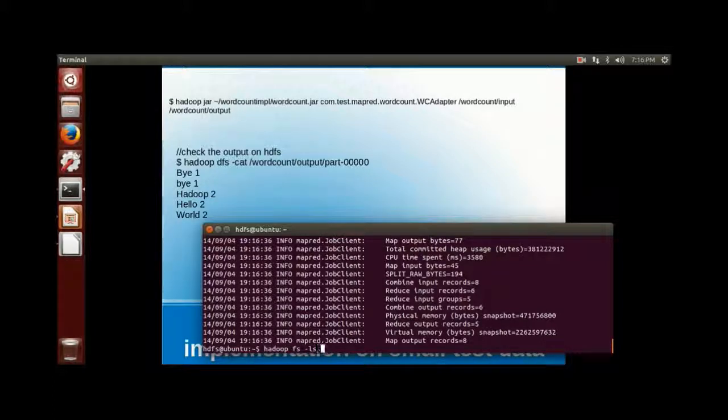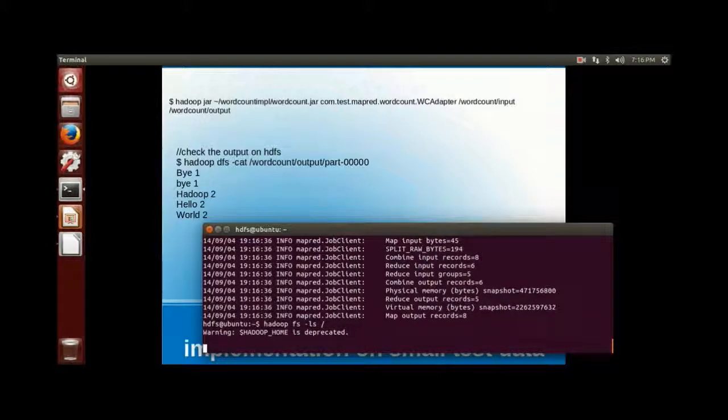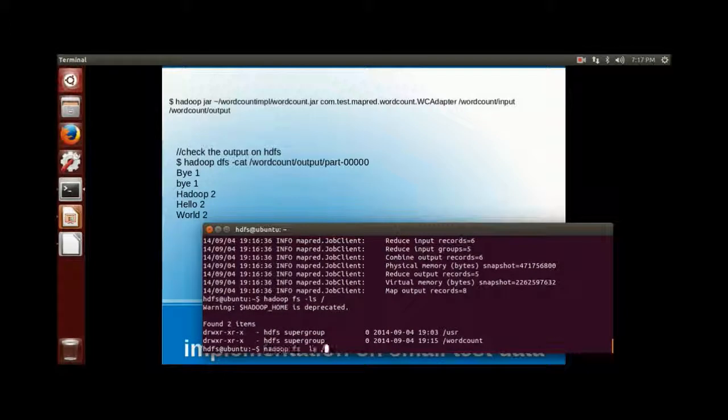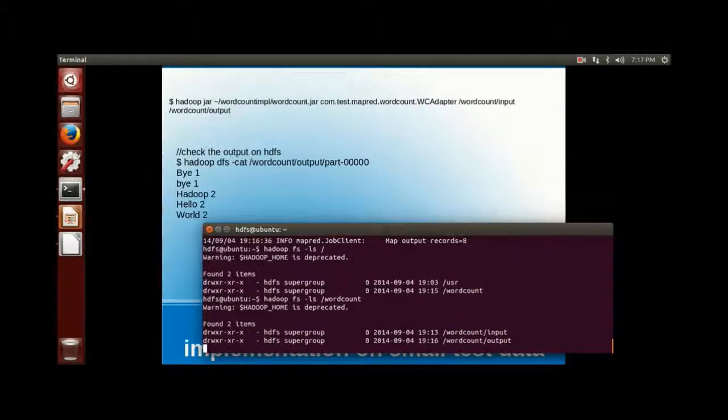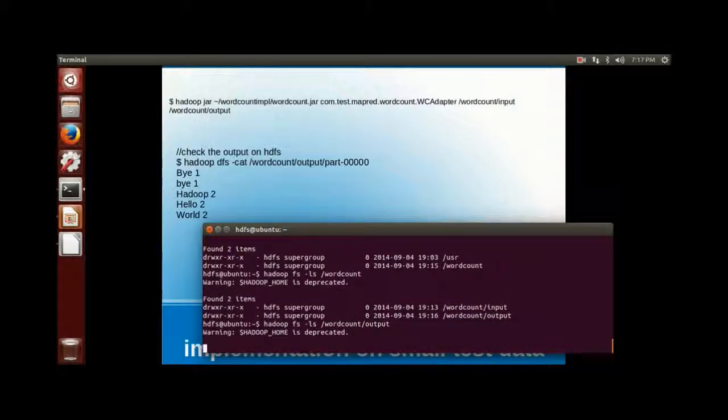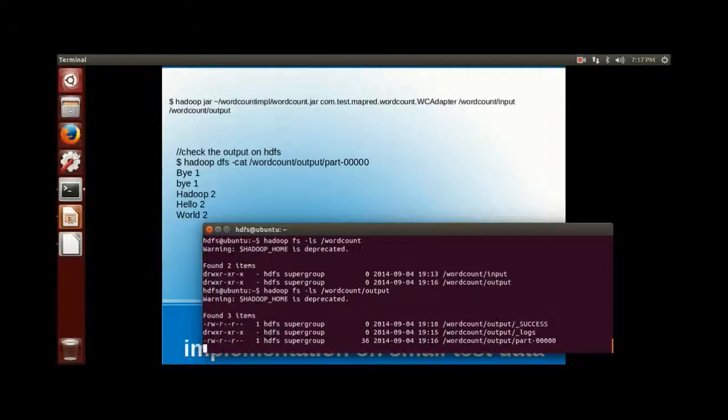Now we'll check the output with hadoop fs -ls /. So we have the word count jar and the word count directory. So we have output also. Output is created from the MapReduce job, and under the output directory we have the output.